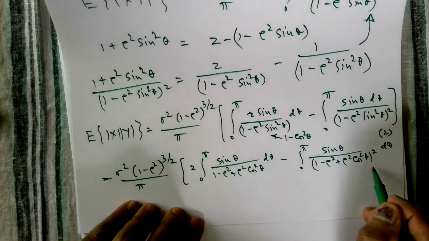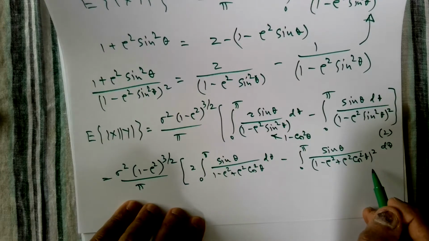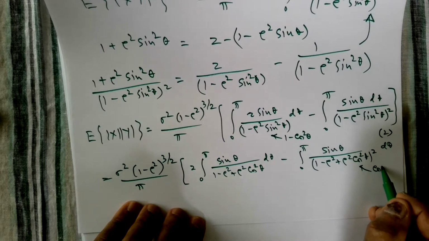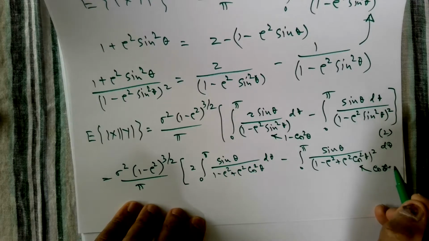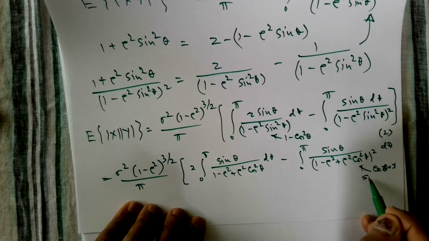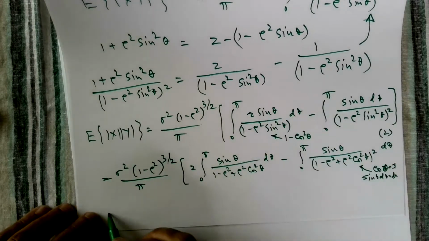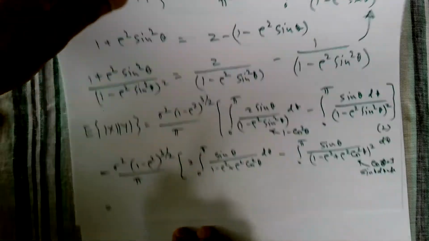So the substitution is clear here. You substitute cos theta equal to x in both places. Then sine theta d theta, the numerator, will become dx. So we can simplify this as